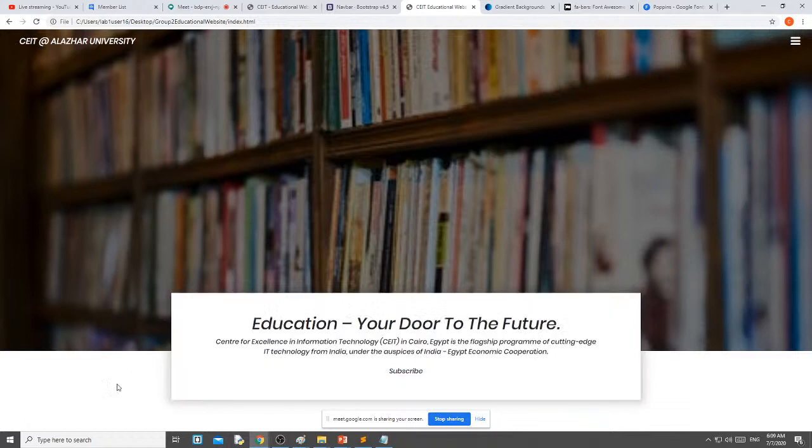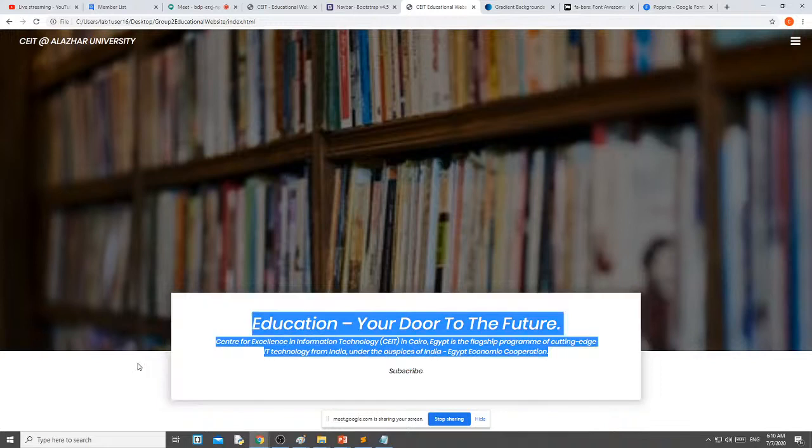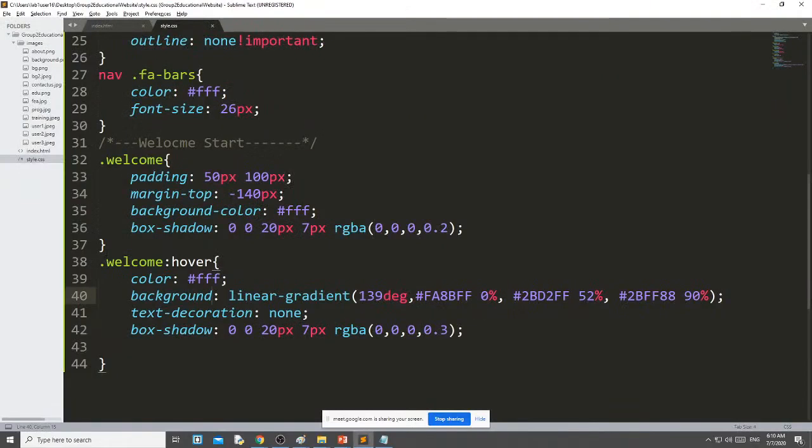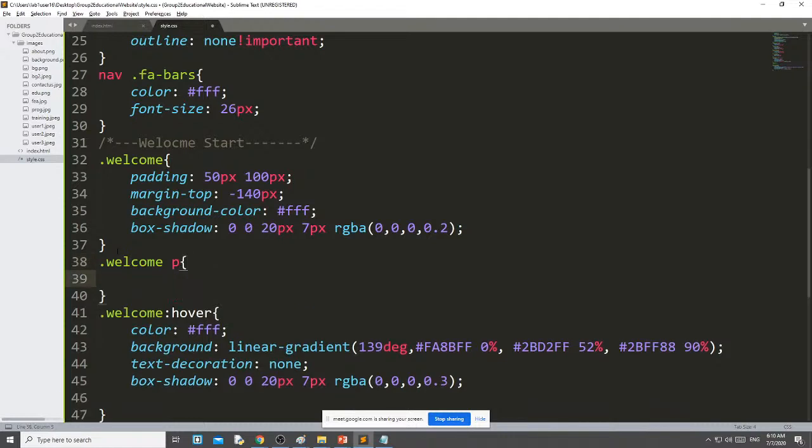Okay, now you can see that once I hover, my background color will change and all the text color will change to white. Remember that if you separately give the text color, then it will not change to white. Like here, if I write .welcome p and use color, let me say red.